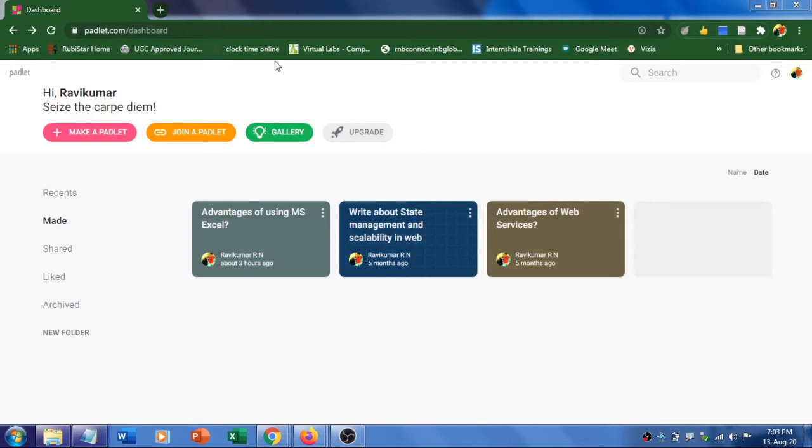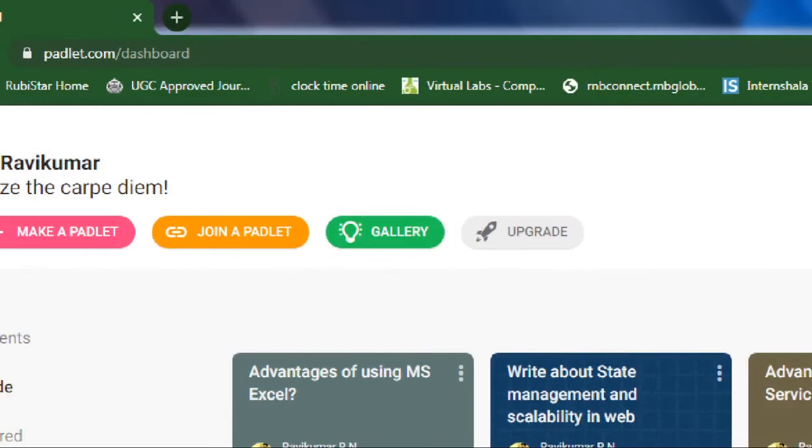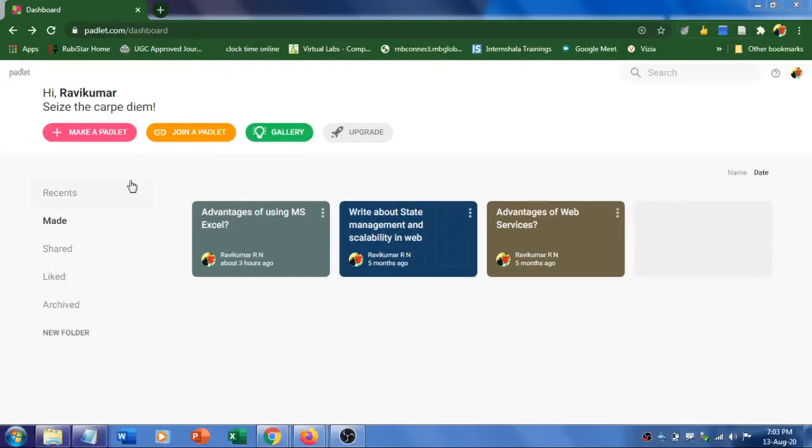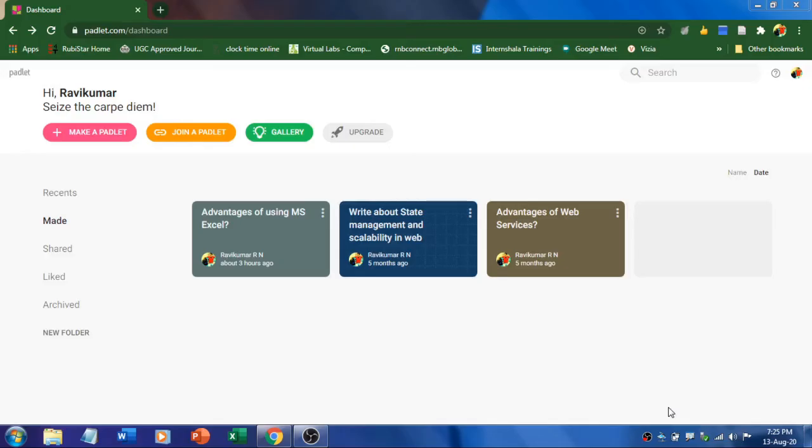First of all, you have to log on to padlet.com and follow the regular sign up procedure. Once you are done with your login, you will end up on this page. To create a Padlet, click here, and if the students want to join a Padlet, they have to click join a Padlet and enter the code, and then they can start posting their views. Let's create a Padlet